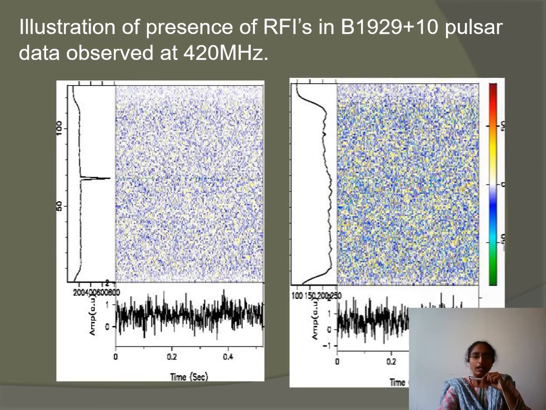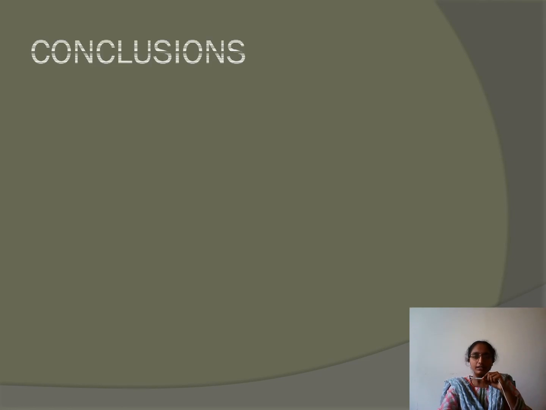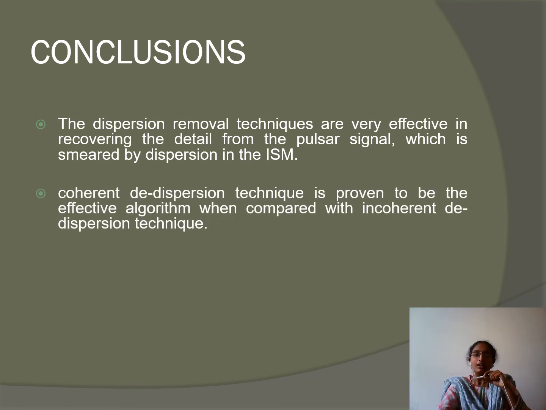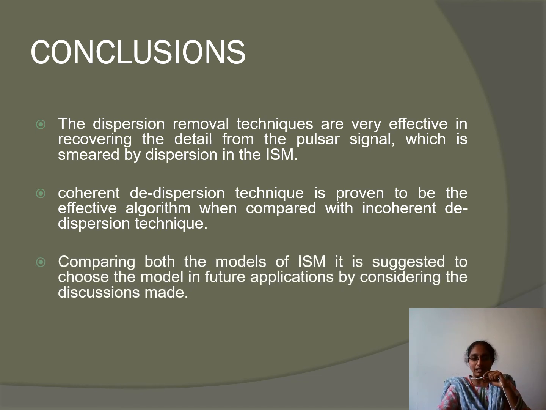Now I can just come back to the conclusions. We have understood the life cycle of the star. We understood how you can apply signals concepts, DSP concepts, to remove the dispersion of a signal of a pulsar star which is staying in space, and we are able to understand about space. We are able to understand about the pulsar, its leftover time like this.